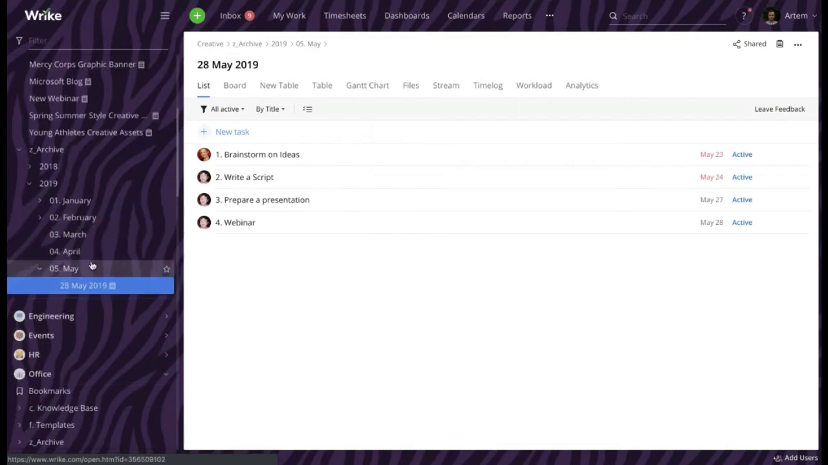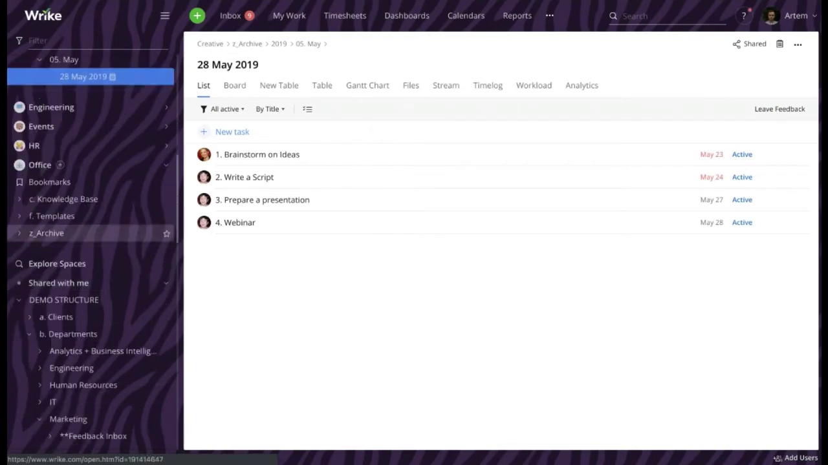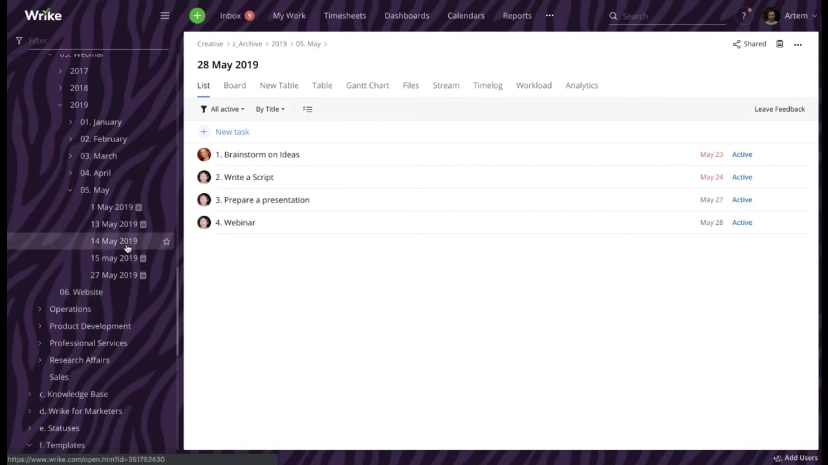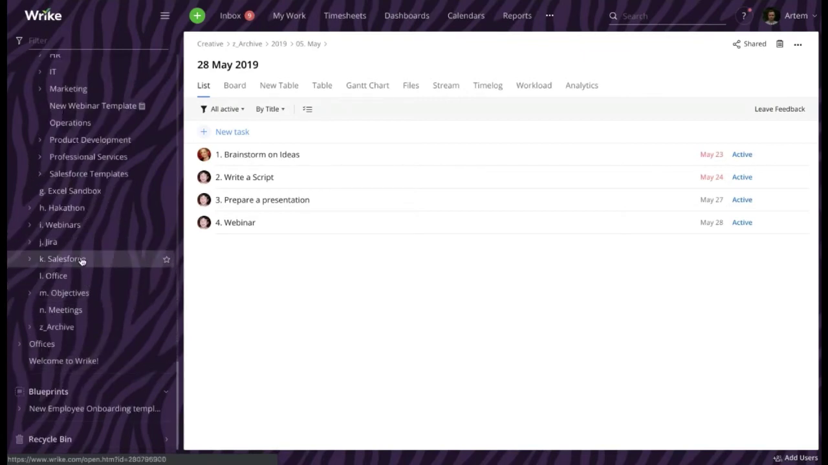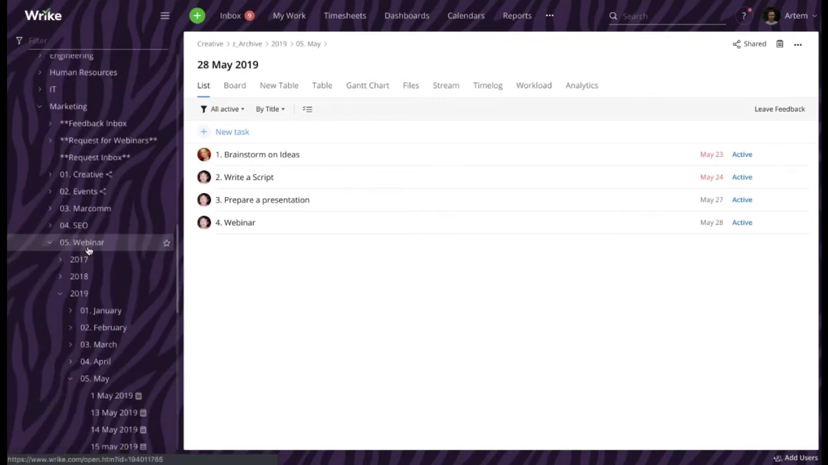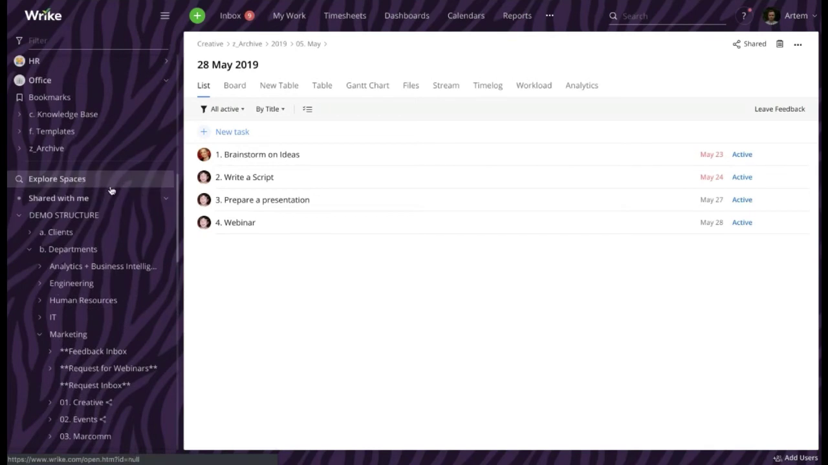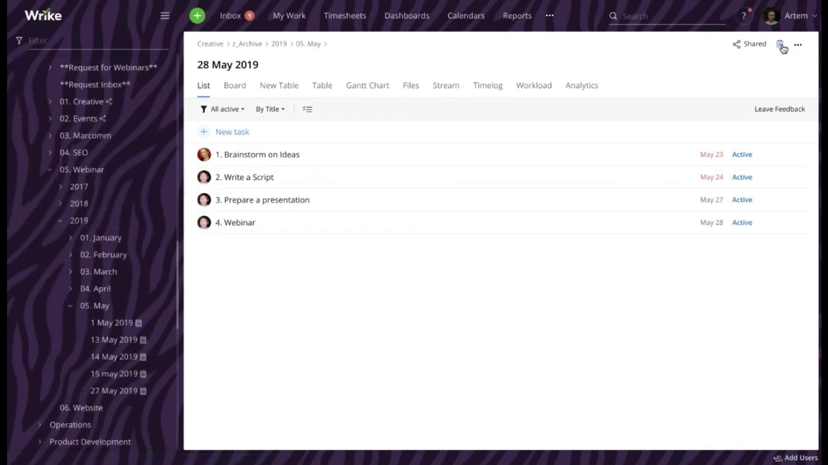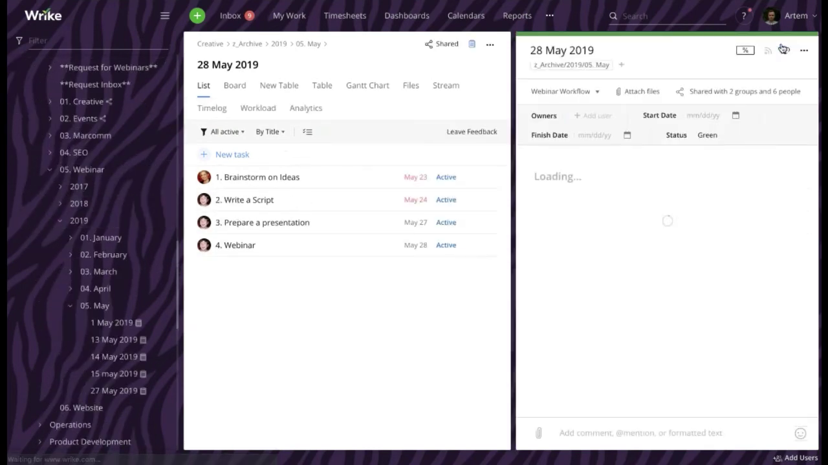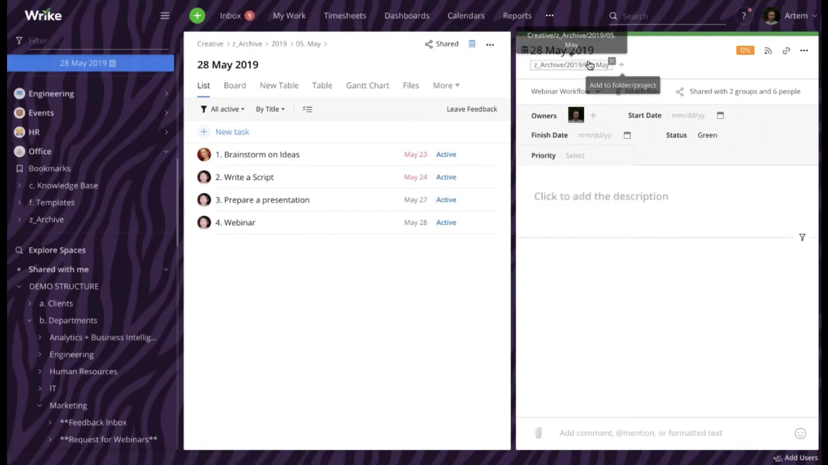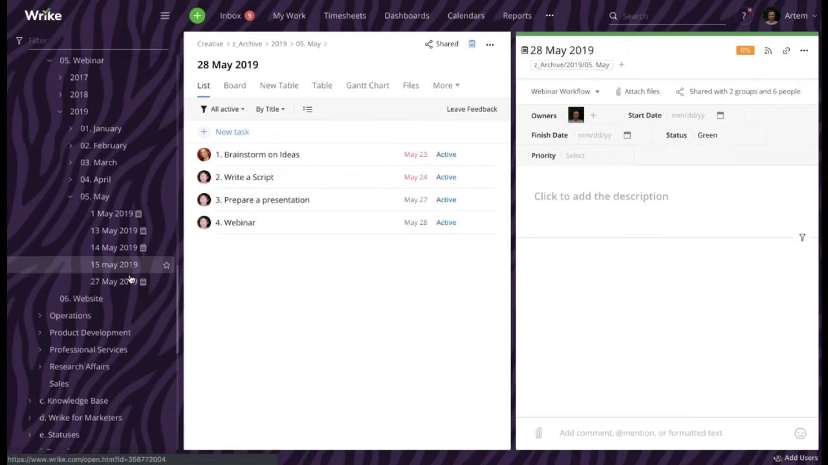So now I can easily, I have selected the wrong folder here. I needed to use the folder not in the creative team, but in another team. Well, I can easily change that. So I've accidentally placed it into the archive. What I'm able to do, I can actually tag it into our May folder where the project should actually be